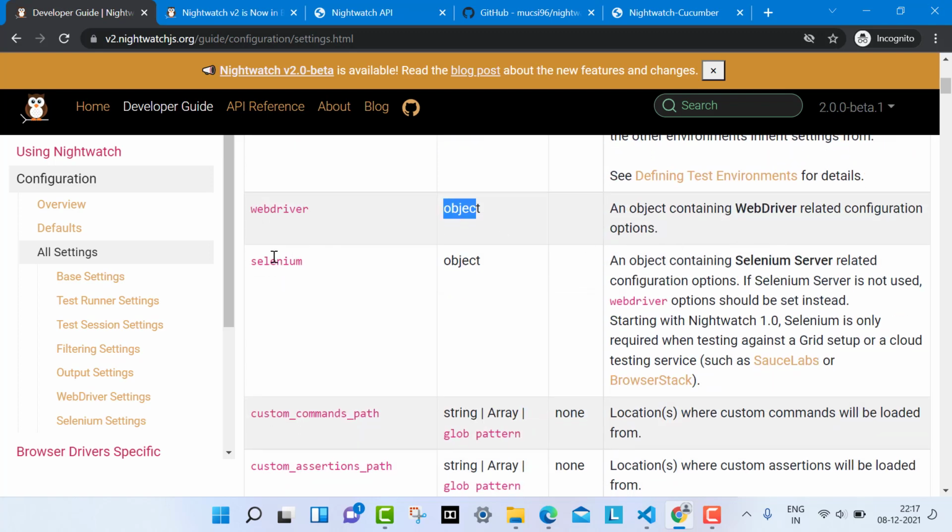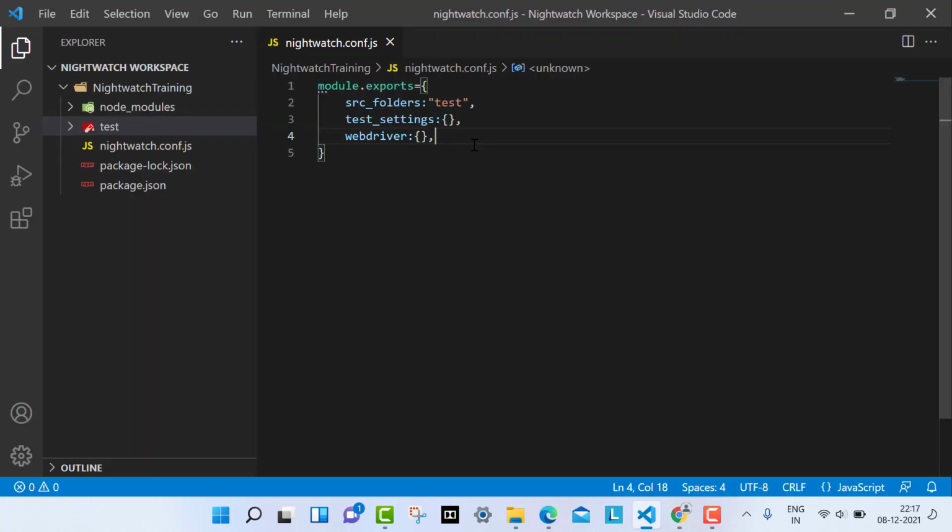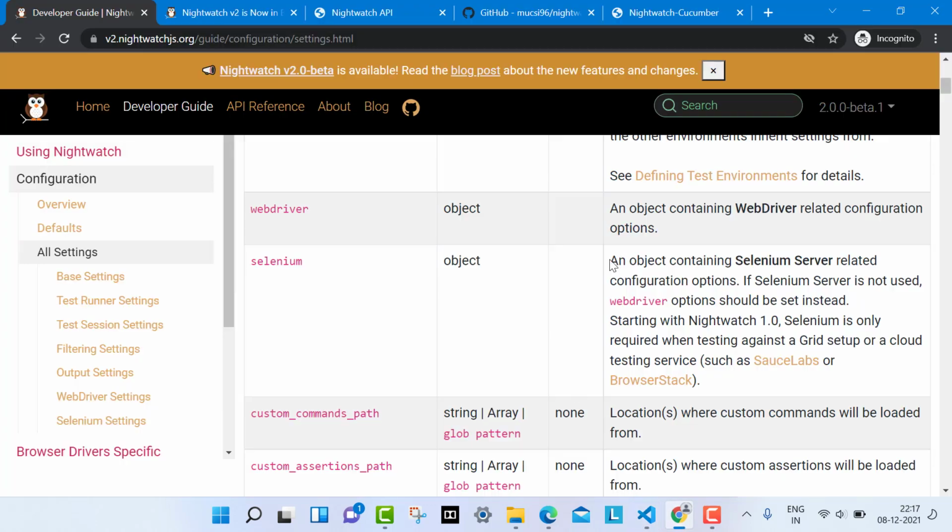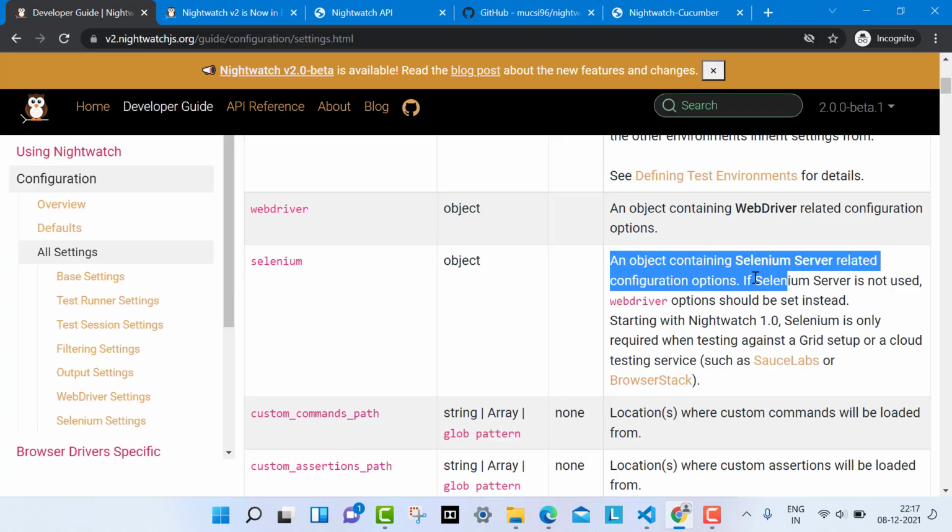Okay. Now come to the Selenium. Again this is an object. So this is Selenium, and again this is an object, right? What it's telling is that it is an object containing Selenium server related configuration options.